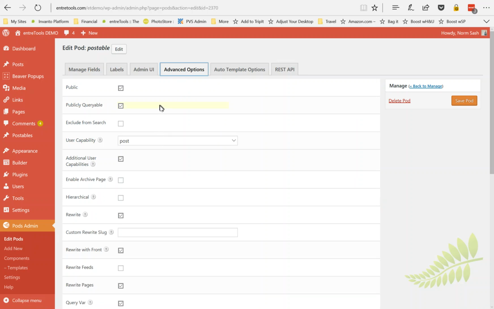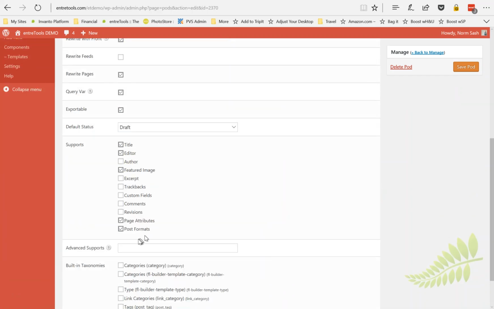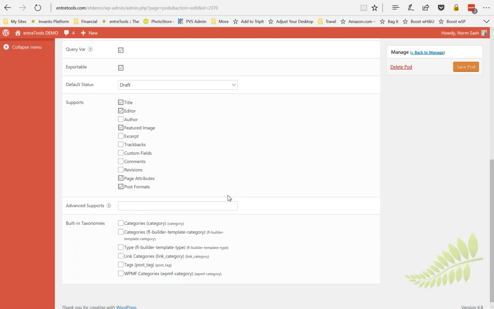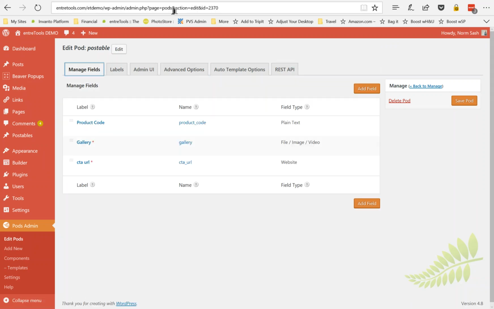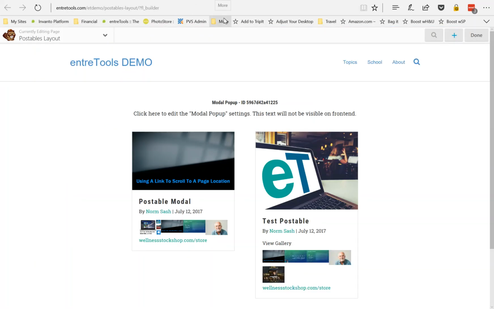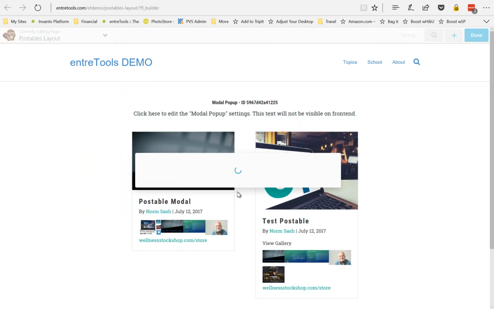I'm not sure if any of this is relevant. I'm doing, you know, post formats and such in there. So that being said, then I have a Themer layout. So here is my Themer layout, and in the Themer layout, I have a post grid right here. So if I click on this post grid,